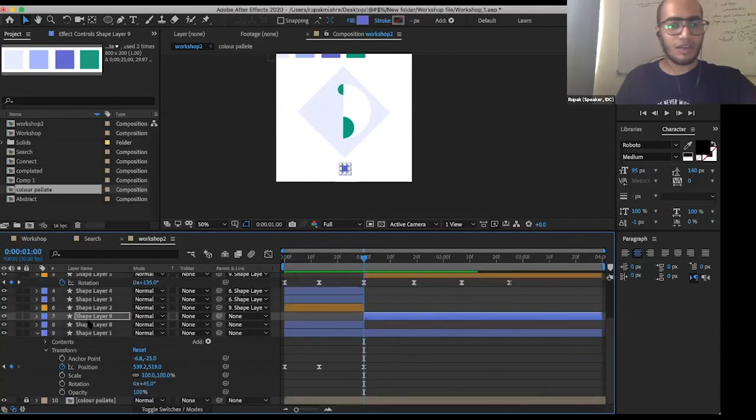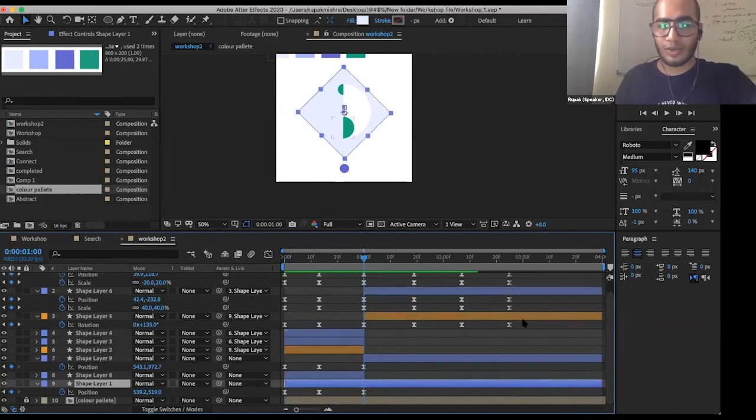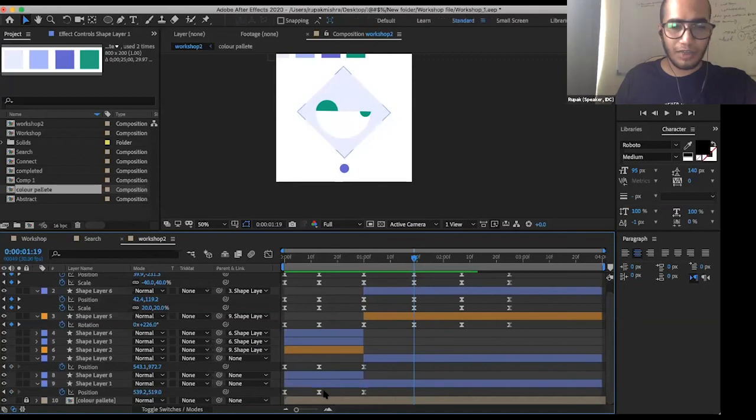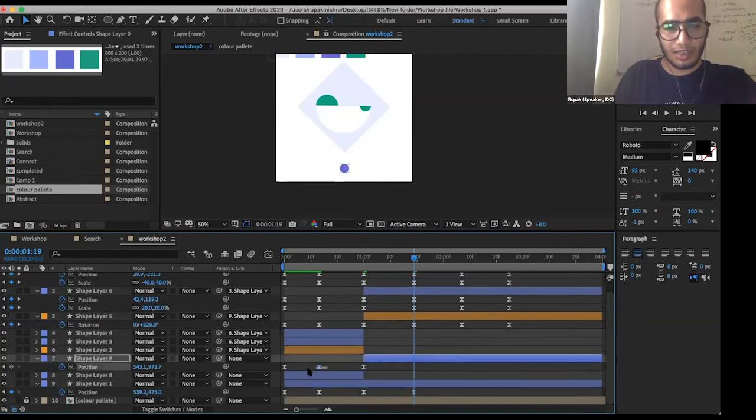I require only this. Okay, I will open all the animation keyframes here, so that I can see where the keyframes are ahead of us. We'll move a few frames on the same keyframes that we have put earlier, and on the shape layer we'll do the same copy paste thing. We'll select the middle layer and copy paste, and again on this one also we'll do the same thing. Select the alternate one and copy paste. So this will continue.